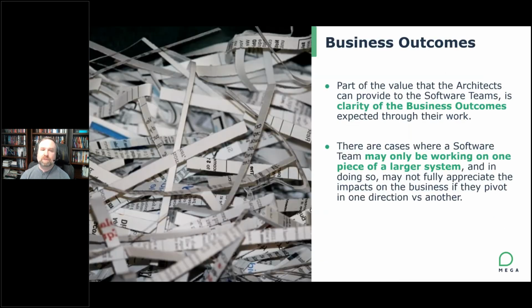So tying it back to the original analogy of the shredder, if I am working on a particular product line and we've got rapid continuous transformation going on, and all that I receive in terms of vision into the strategy is one of these pieces of paper, I'm going to be at a loss for understanding exactly where my work fits into the bigger picture. And that might result in me pivoting in a direction that doesn't align to the expectations of the bigger picture. And so really using that perspective of value streams with the different capability elements will bring this to a place where we can have a productive dialogue.